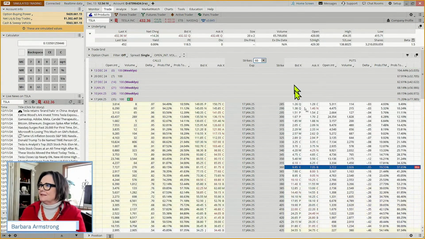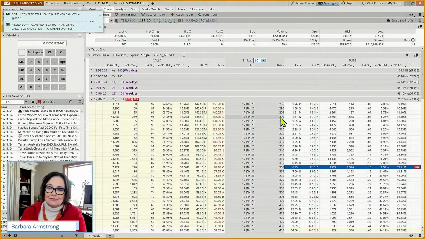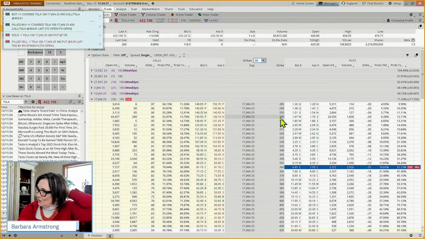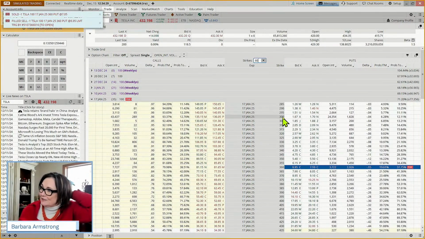If we come to 60 strikes, there's only a 6% chance of it going down as low as 300, let alone zero. And I'm not saying that, but technically that is what's possible.